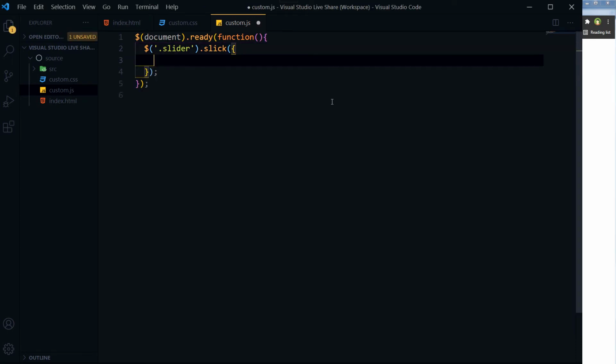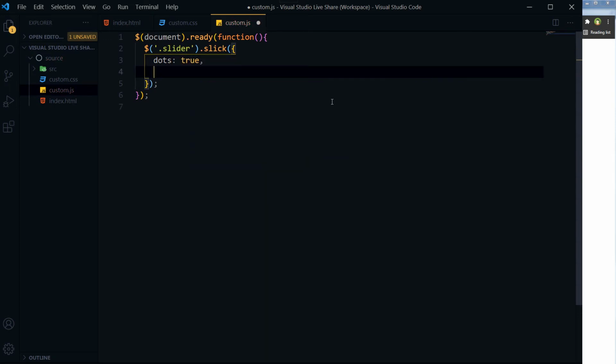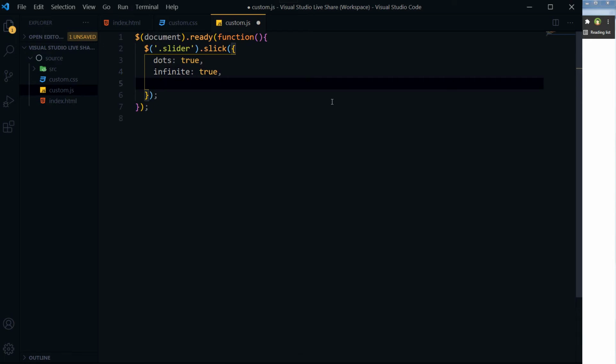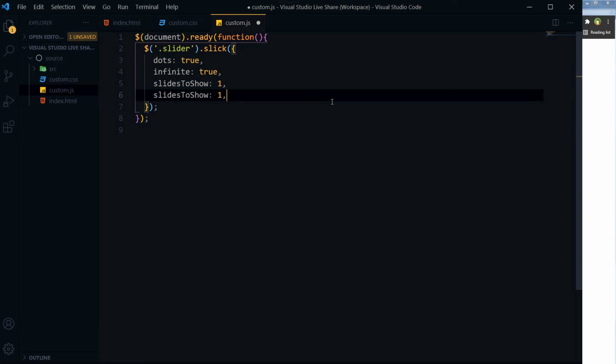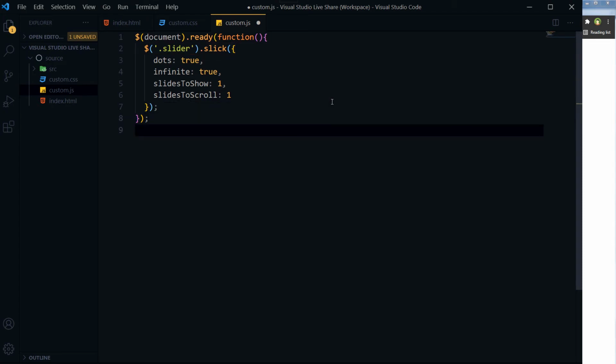For its options, we can use dots true, infinite true, slidesToShow 1, slidesToScroll 1.